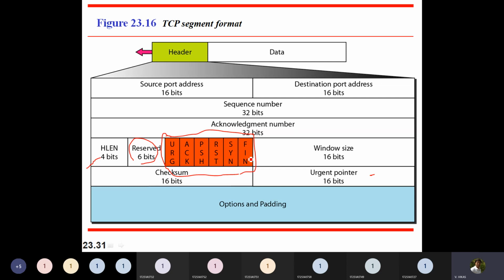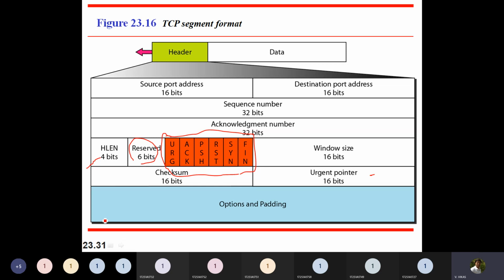In that case, I need to inform the server without waiting. So I will enable this urgent flag and tell the other server this is a very urgent segment, you need to process this first, and the information is present at this urgent pointer. We are specifying it here, right?